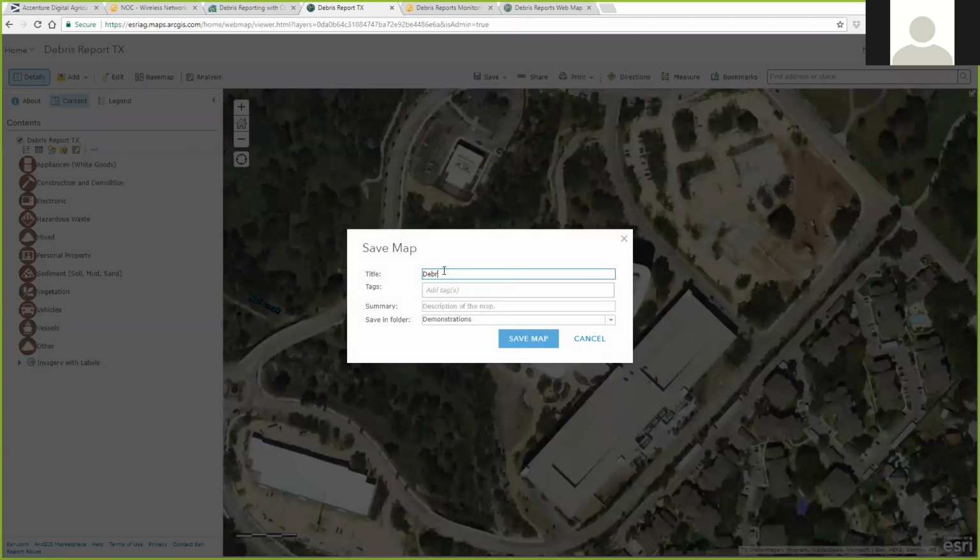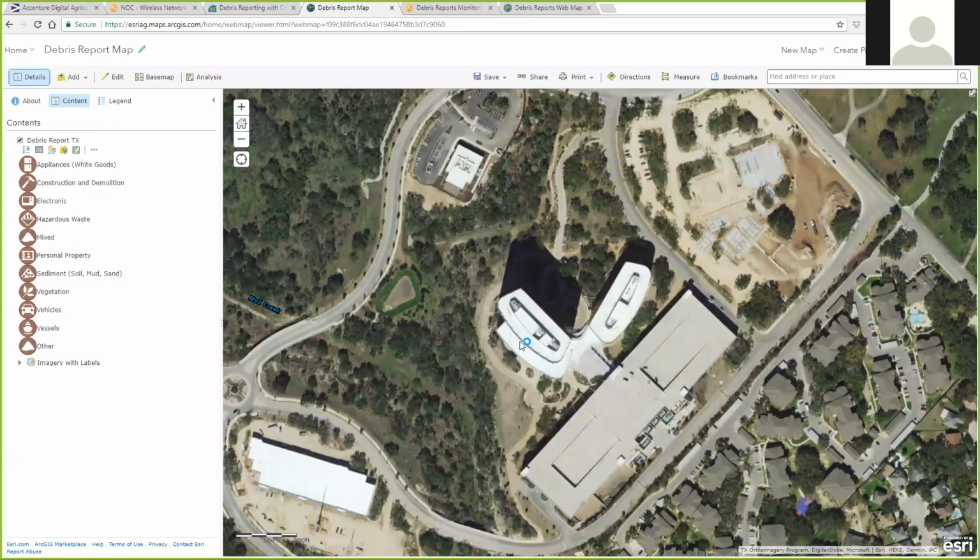So we're going to call that debris report map. Oops, if I could spell. We're going to give it a tag. Okay, there we go. And we don't need a description. We're going to save it in the same location, and I'm going to go ahead and save that. So essentially what I've done is I've taken a template, I've used it to create this web map, which is going to be consumed in Collector,